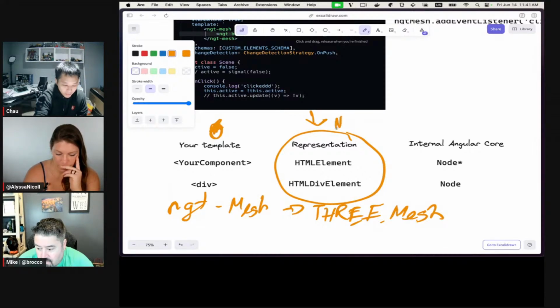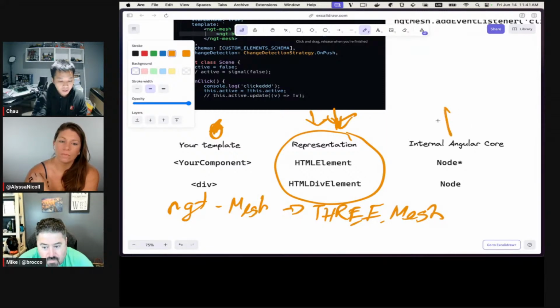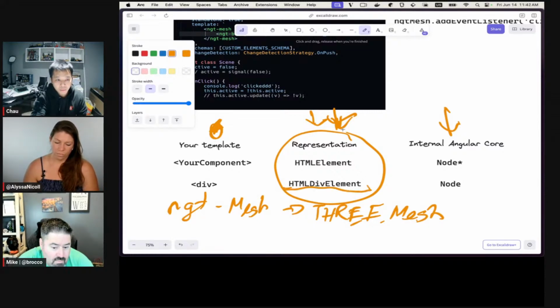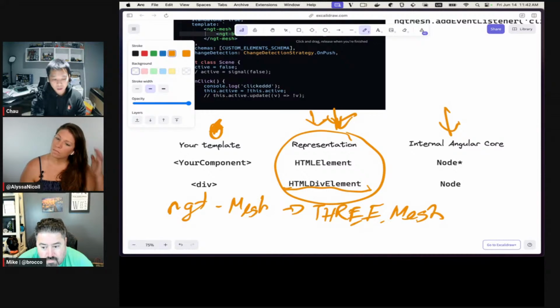This is the renderer, which sits in between, because the renderer has to read your template and tell Angular what you wrote. So you write the div, but it doesn't really mean HTML div element until the renderer says so. Right. Internally, in Angular core, all Angular deals with is just node.